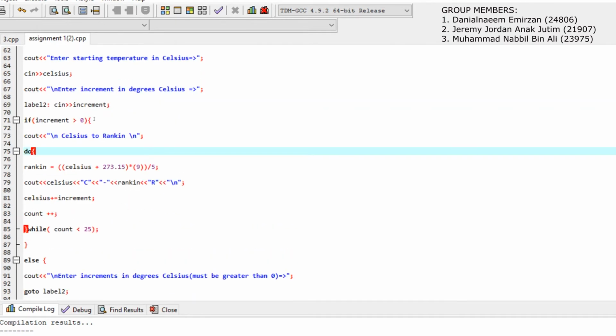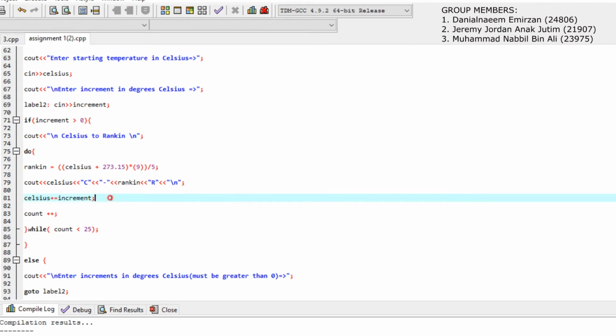So if increment is more than 0, we need to convert from Celsius to Rankine, which we are using this equation: Rankine equal to Celsius plus 273.15 multiplied by 9 divided by 5. So for this part, we are using increment plus 1,